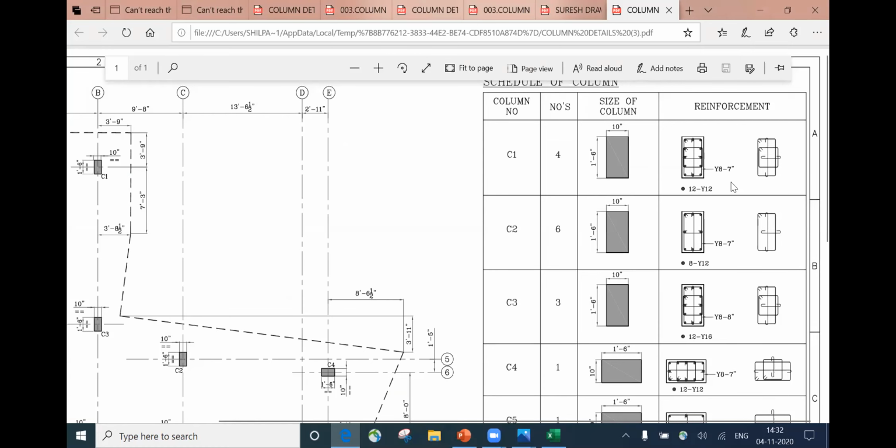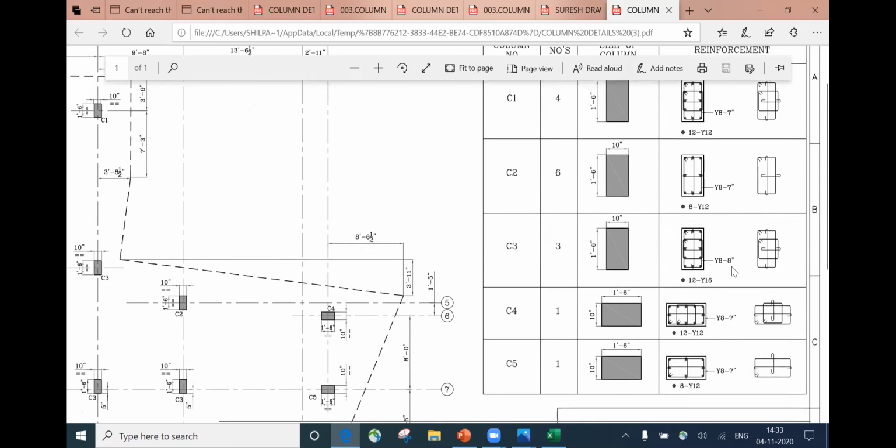So again, we'll try to read out this. What is written here? Again, Y of 8, and that means you have to provide 8 bar at this is 7 inch. Again, you have written it in feet and inches. The 7 inches comes out to be 175. So in this particular column, you have to provide 8 mm lateral ties, and that center to center spacing should be 175 mm. That is 7 inch comes out to be 175 mm. Similarly, here you have to provide 8 mm bar again, but that again comes out to be 7 inches. That is 175 mm.